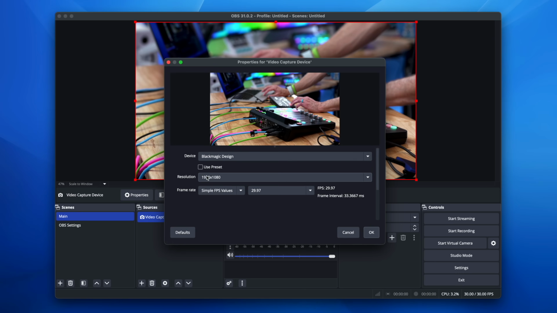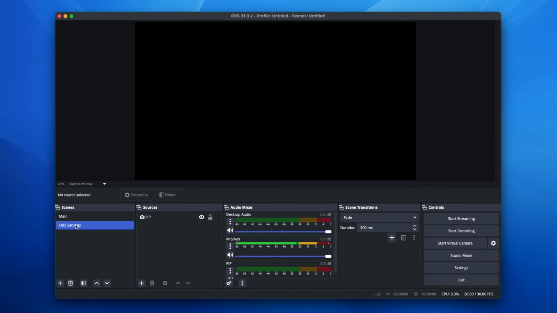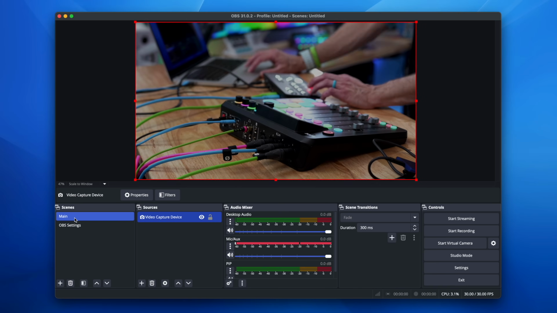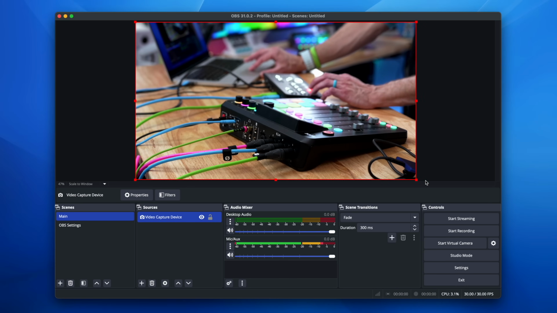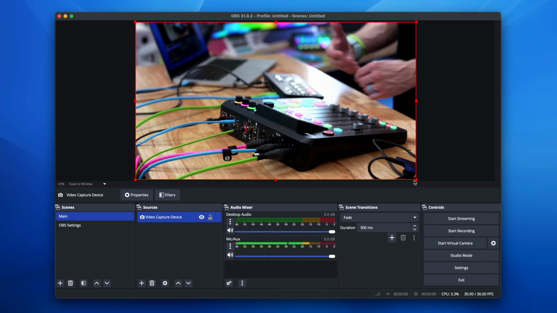That's the A10 Mini. I have my resolution selected. And then over here, I have my audio selected as well, and they just get mixed together. And I've got scenes. So I have another scene here that is, well, there's nothing there right now, but I could have another scene, and I've got my main scene there. And it's very easy to create custom scenes and custom layouts and mix sources, very similar to Ecamm,